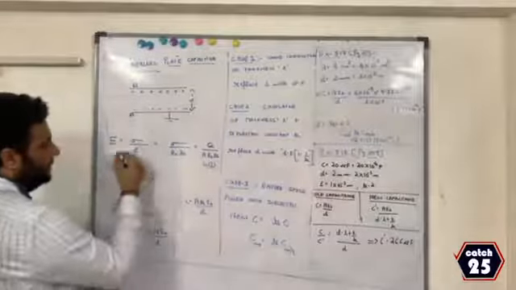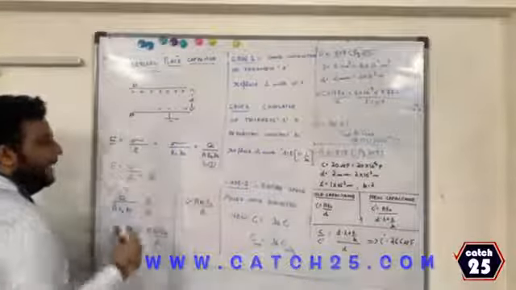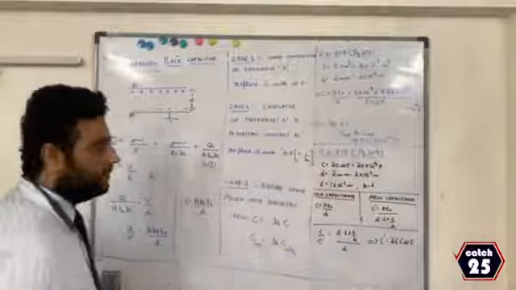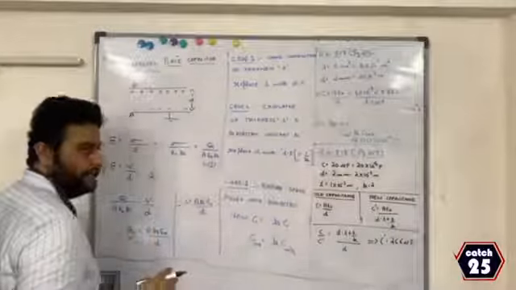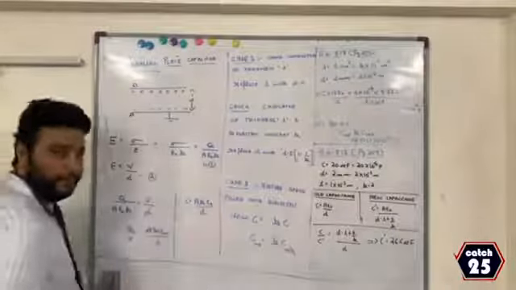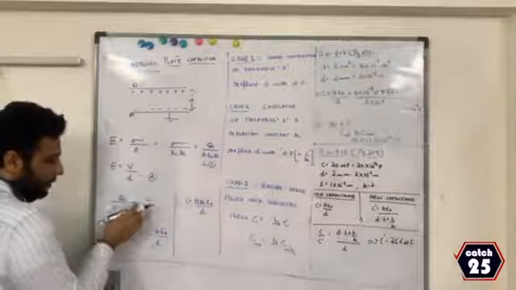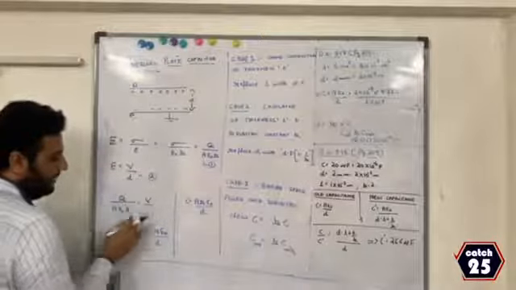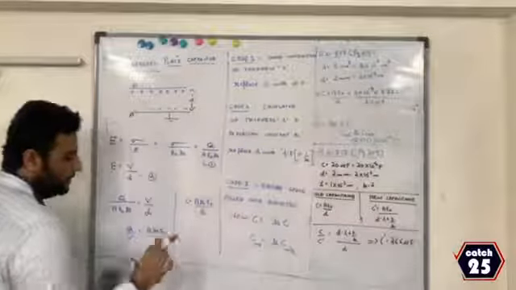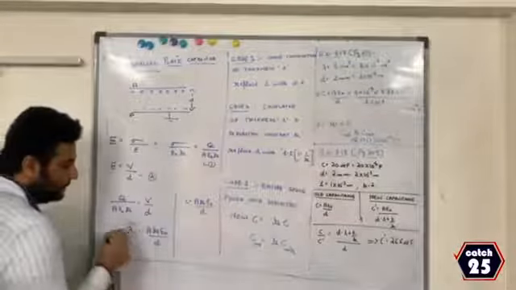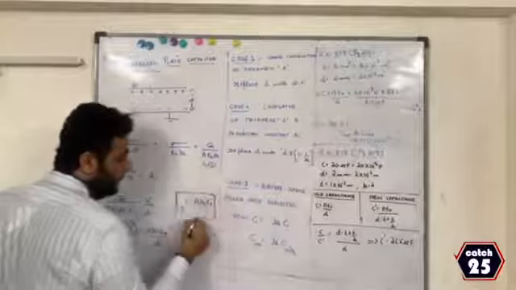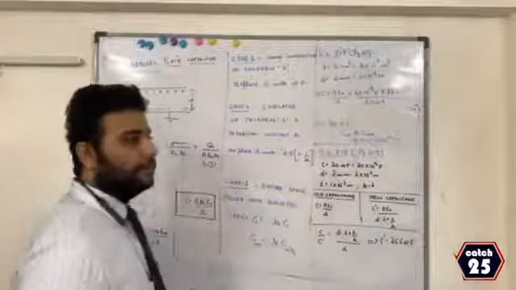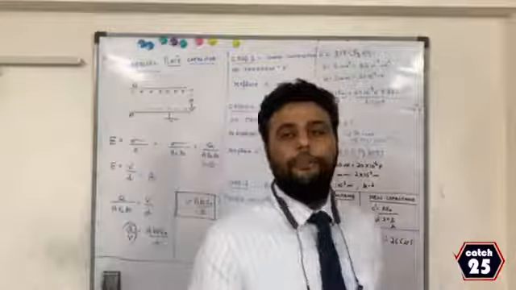Therefore, if you notice in the two equations, LHS is same. LHS is E itself. RHS is Q by A epsilon naught K. Over here, it is V by D. Therefore, let me take V over this side. Therefore, I get Q by V is equal to A K epsilon naught by D. And everyone knows Q by V is C. Therefore, my formula for parallel plate capacitor is C is equal to A K epsilon naught by D.